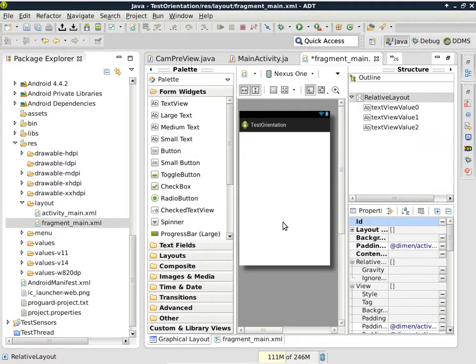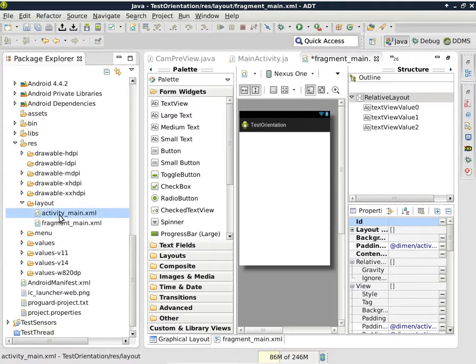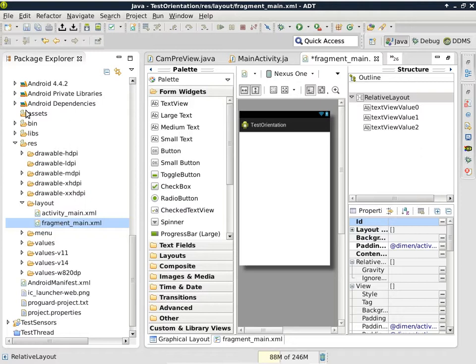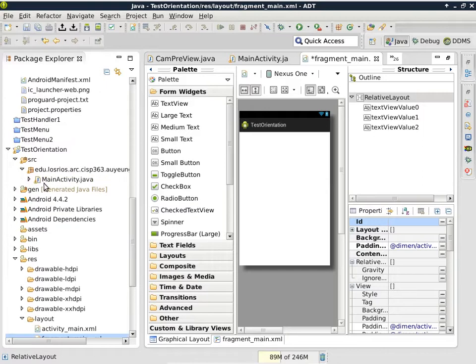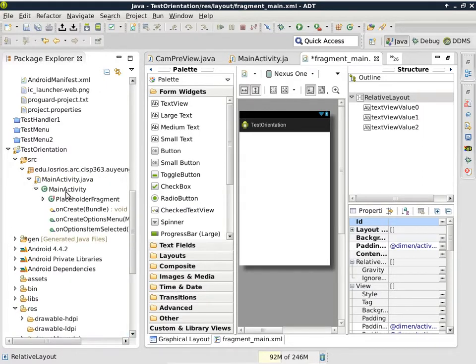All right, so now we have three text views. I just blanked them to begin with because they don't really have any particular value to display until I have the sensor up and running. So now we can go to my source code, because I'm not going to display anything graphical with this one. I just want to display the actual values. So we want to go here and go to